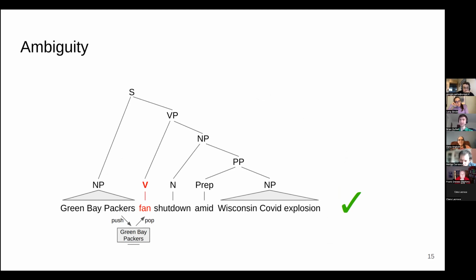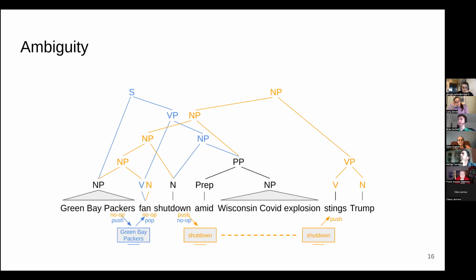But this does not mean that the first way of parsing it was wrong, because if only the words stings Trump had been left out of the sentence, it would still have been grammatical, and the first parse would have been the correct one. So what we could do is track multiple parses while reading from left to right and discard ones that don't make sense later on. And some psycholinguistic models of sentence processing suggest that humans actually do track multiple parses at once like this.